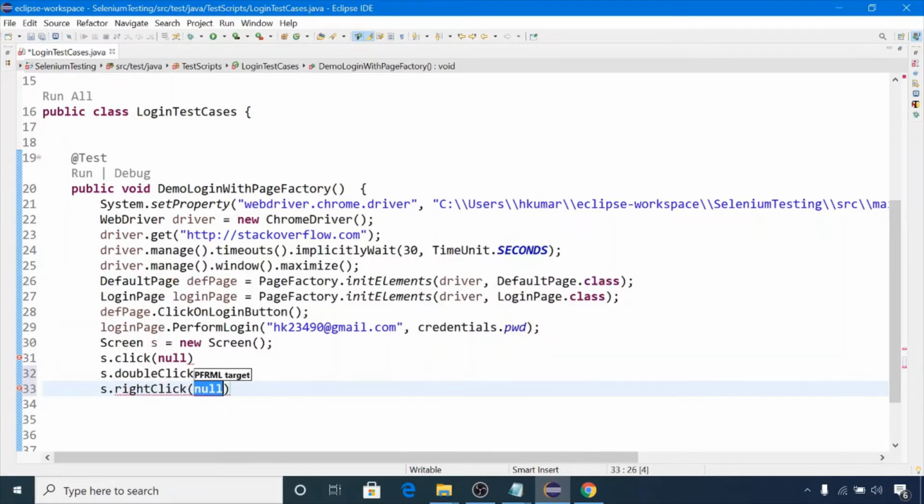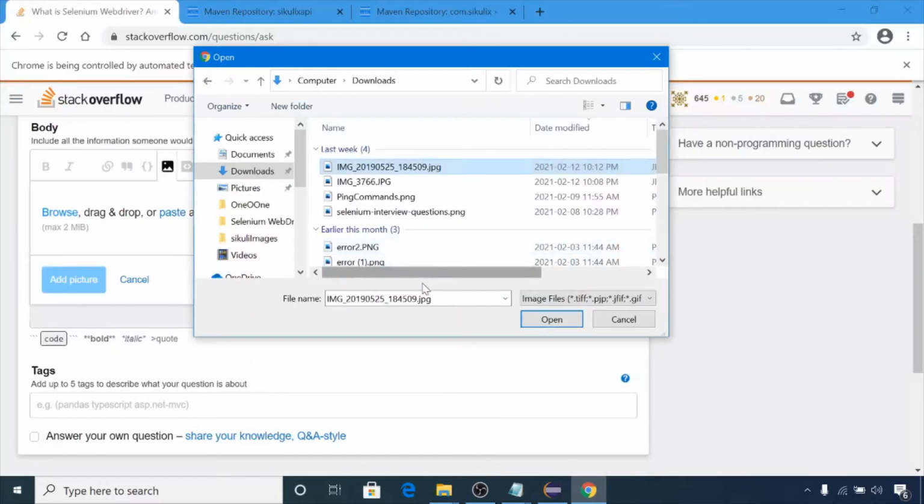Okay, this is the method. And one more important example: suppose in this text box I want to pass the path of that file which I want to upload. So I need to type the whole path here. For that we have the method